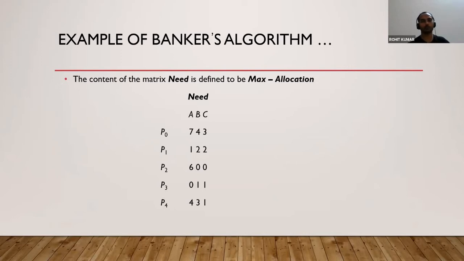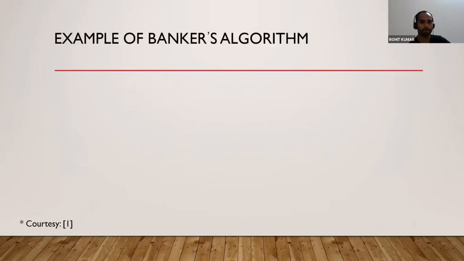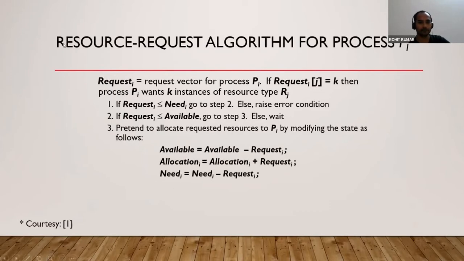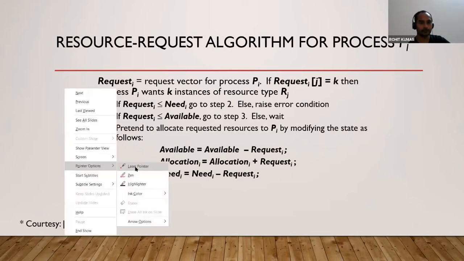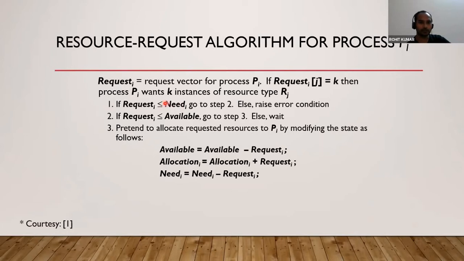Okay, so what do you need to do? Means the need is authentic and the available resources are more. What do you need to do then? You just need to perform the third step. Which third step? See here. We discussed that first, if the request is authentic, means less than its need. Second, is it viable? Means can it be fulfilled? Yes, 332 is more than the need of P1. Then what we need to do? Perform the third step. Means reduce the available resources first, then add the allocated resources, then reduce the need.